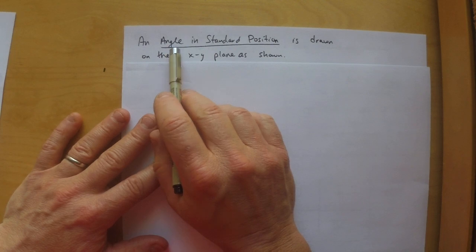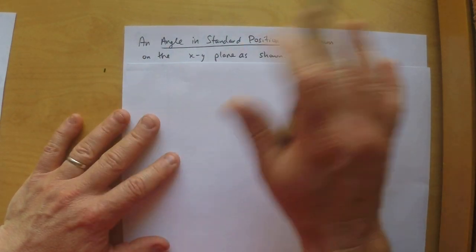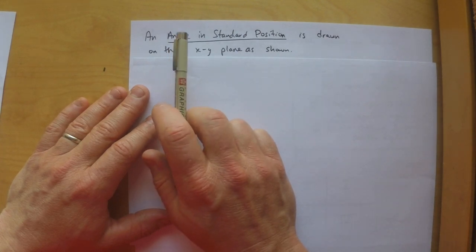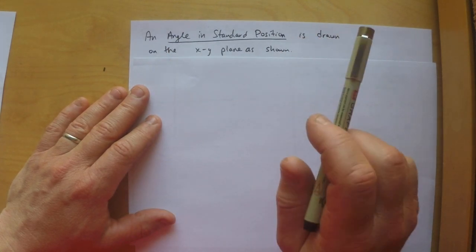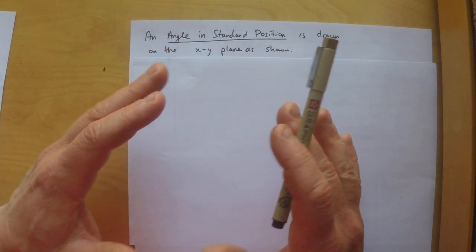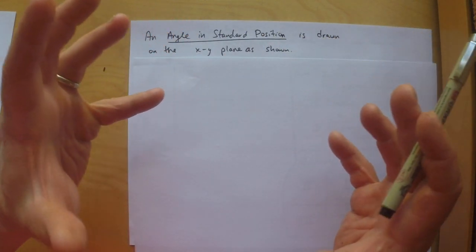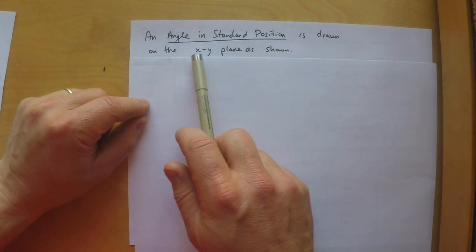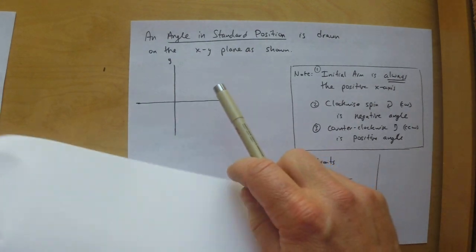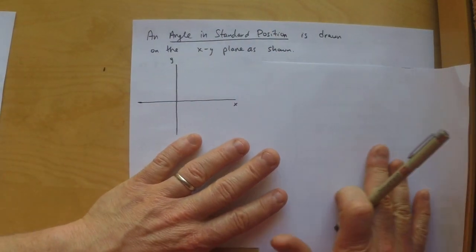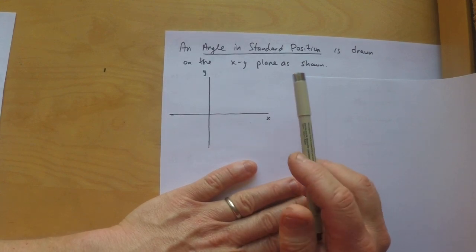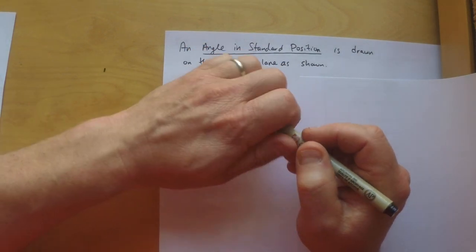So to draw an angle, we're kind of getting away from triangles a little bit, although they'll come back into play. If you have an angle in standard position, people around the world had to be able to talk about angles, and they had to have some kind of standard way of talking about them, so they decided to put them onto an XY plane. I'll show you how they would do that. So let's get rid of this so it doesn't look so overwhelming. If I drew an XY plane, a coordinate plane, and was to draw an angle in standard position,